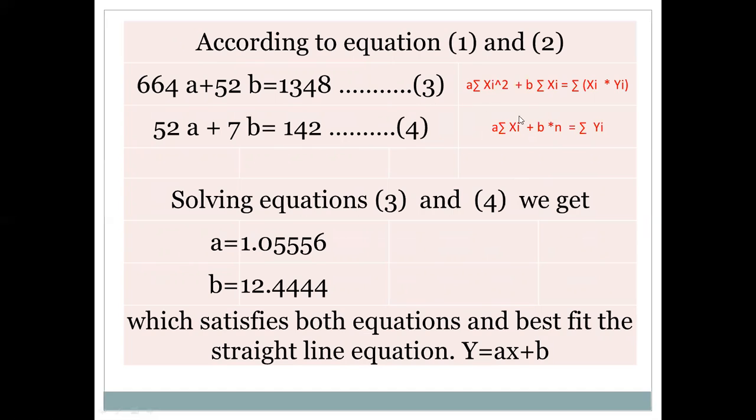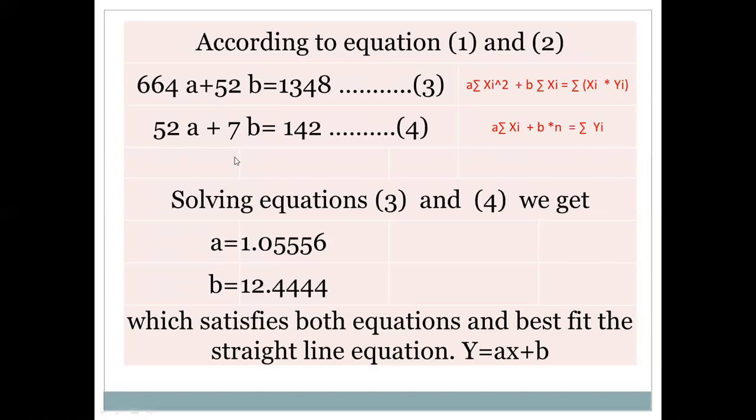So A sum of xi square plus B sum of xi equal to sum of xi yi, where sum of xi square is 664, sum of xi is 52, and sum of xi yi is 1348. Similarly, for the second equation, A sum of xi plus B into n equal to sum of yi. So A into 52, B into 7, the number of data points, equal to sum of yi, which is 142. So after getting these two equations, equation 3 and 4, from the normal equations, we will get the